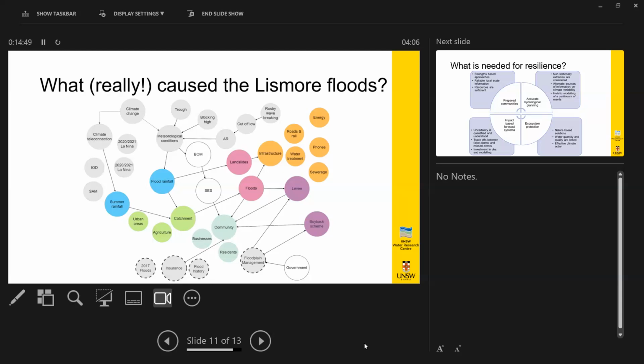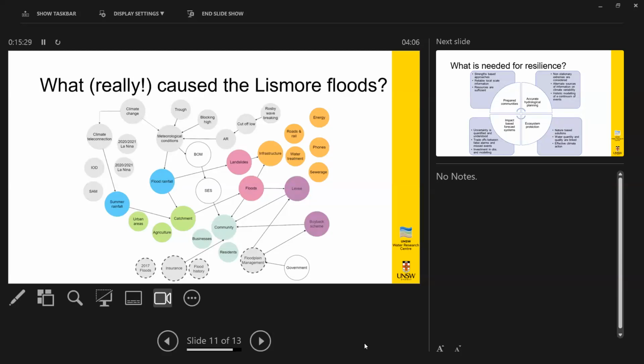And so a big flood that's led to the design of the levee in Lismore was the 1974 floods, which affected southeast Queensland and northern New South Wales, the largest flood on record until the most recent floods. But local traditional knowledge would say that that wasn't a big flood, because Aboriginal elders told of stories when if you could see the flood coming over the hill behind a specific church, that was a big flood. And apparently that didn't happen in 1974. But to date, we've had no way of incorporating those sorts of oral histories of flooding or other events into our flood design. And I think we're the worse for it.